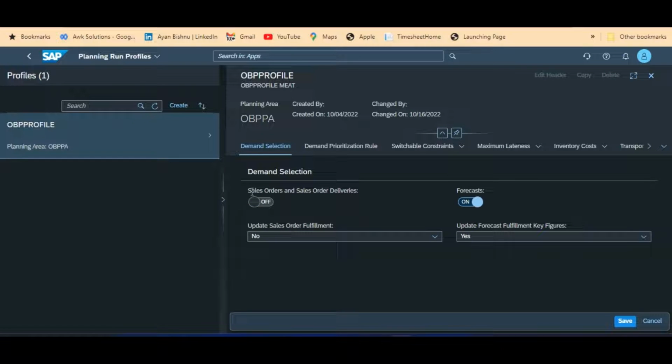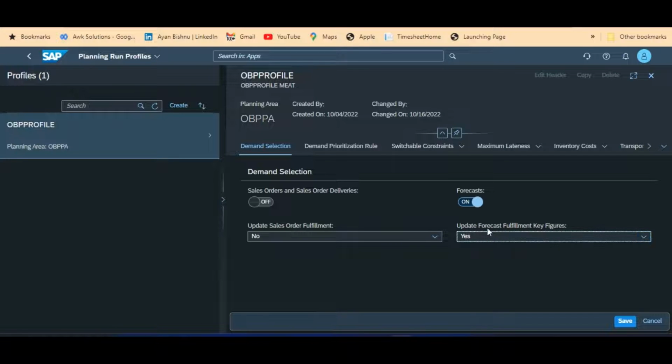This denotes whether we want to include sales orders or deliveries as a part of the demand, or it's just forecast. For this purpose, I haven't integrated the sales orders. I have just kept the forecast on, and I have also updated this version option called update forecast fulfillment key figure to yes.